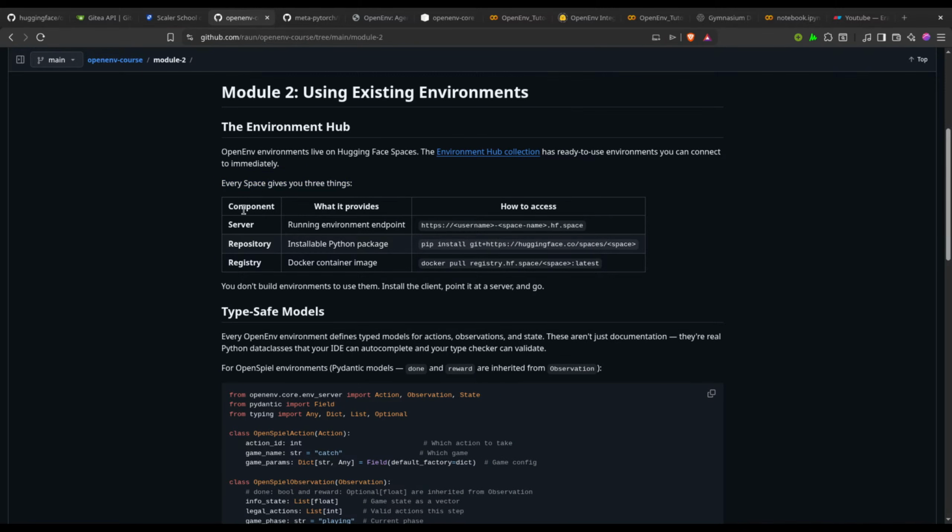Every space gives you three things. One of them is the server, where our environment has been deployed, or the running environment endpoint. Another one is the repository, for installing Python packages.